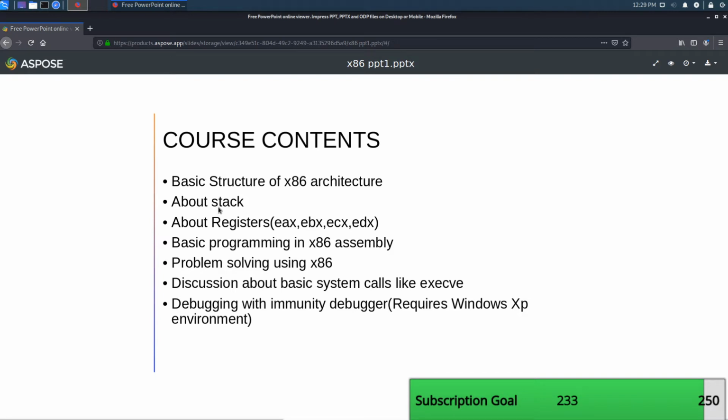In this we are going to discuss memory operations. Indirectly we are going to deal with memory operations, and we are going to discuss these registers, which are known as general purpose registers. EAX means extended accumulator register, EBX means extended base register, ECX means extended count register, EDX means extended data register.